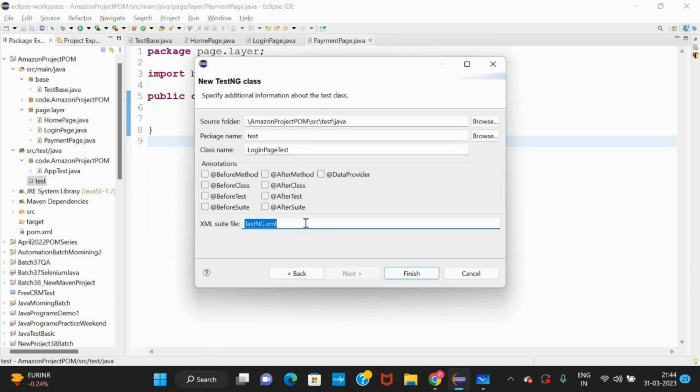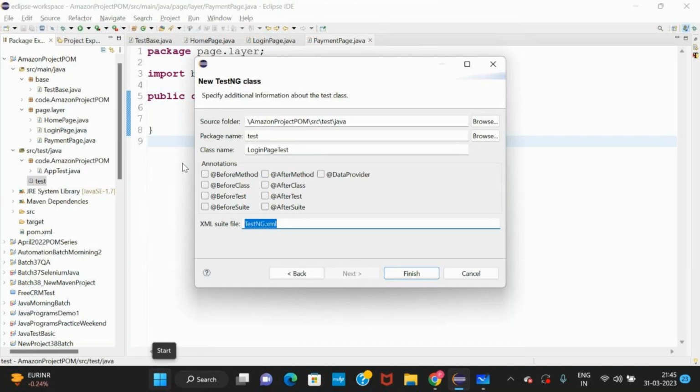Even if you forget to give this, we can create it later also. It doesn't mean that whenever you create a class, every time you have to create an XML suite. One project can have multiple TestNG XML suite files. Every project will have one or two, not more than that, but you can have more also. It's completely up to you.